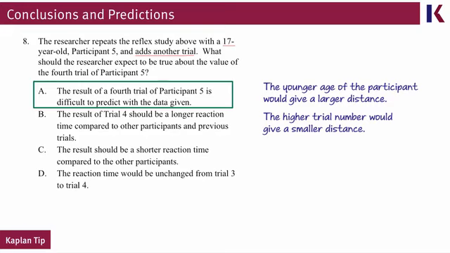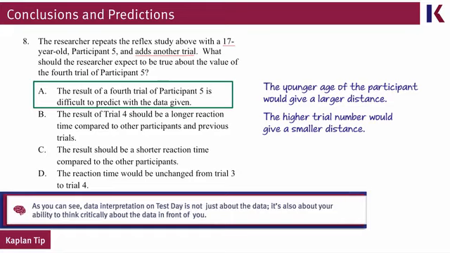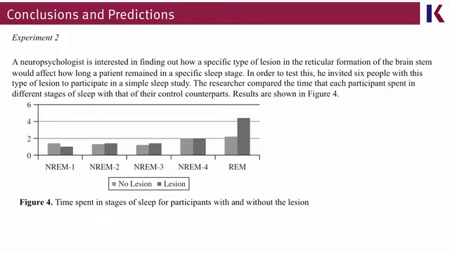This question is a great example of what the Kaplan tip on the bottom of your page highlights: identifying trends is certainly an important part of data interpretation, but identifying those trends also requires you to think about what those trends represent and how those trends may work with or against each other, thinking critically about the data that's being presented. Alright, so let's take a look at this experiment, which was already presented in Learning Goal 1, although